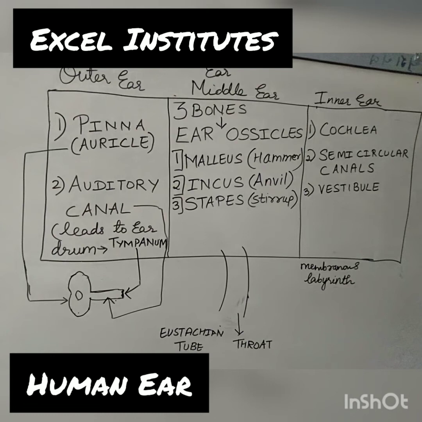अभी कुछ भी मत समझो, अभी बस इतना समझो कि inner ear has got cochlea, semicircular canals and vestibule. Okay, and what is the work of all these? Work of all these is, first one is to balance the body, second is whatever they receive from the middle ear, the amplified sound waves, they have to convert it into electrical signals and send it